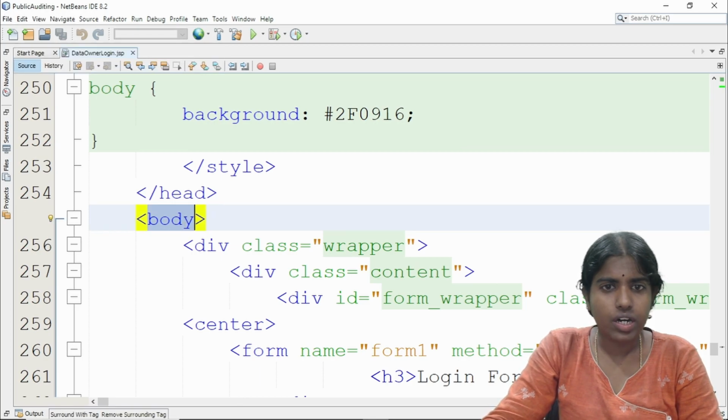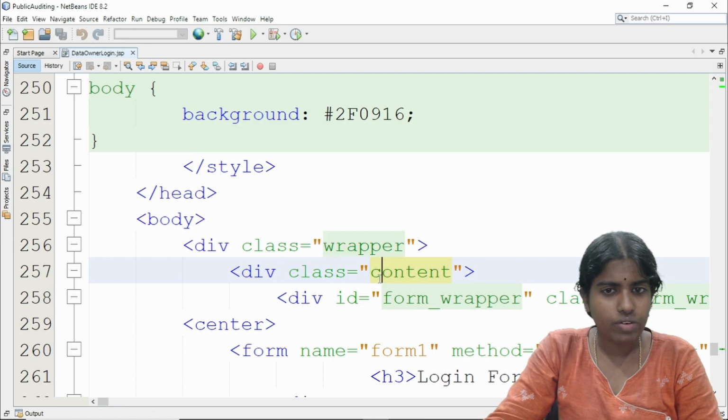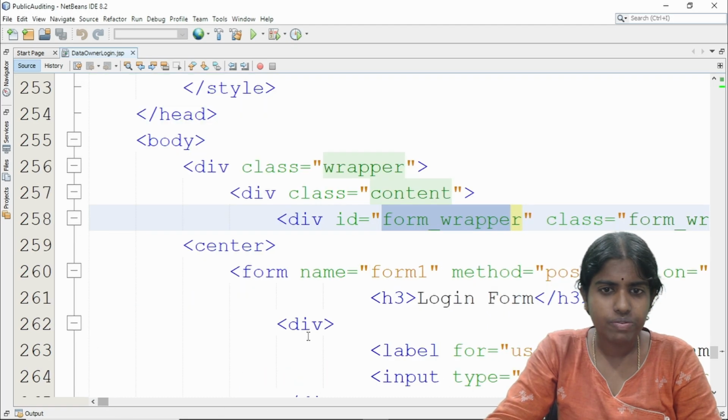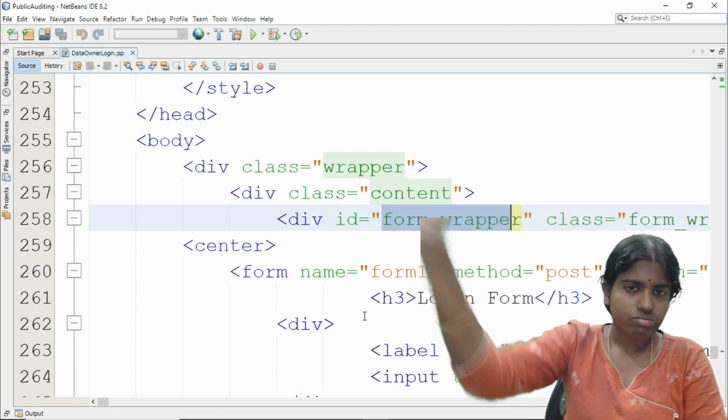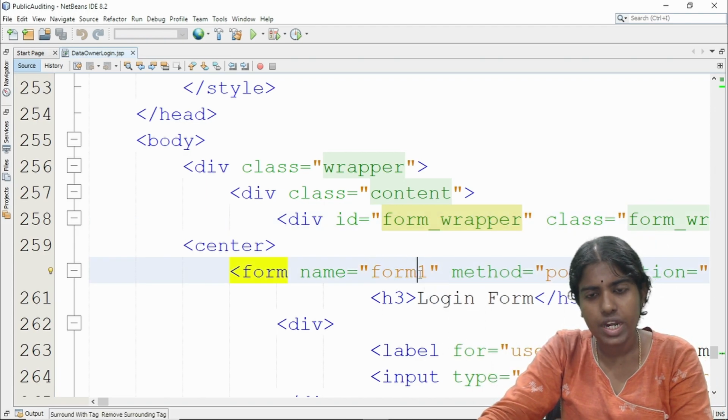So I have inside my body tag, I'm just coming inside. So div class equal to, within double quotes, I'm just giving here as wrapper, and div class equal to content. Whatever is the content I'm going to type in, I'm just giving here as content. And div id equal to form wrapper. So whatever I want to do, I'm just doing here. And form name equal to, within double quotes, I'm just mentioning here as form1.